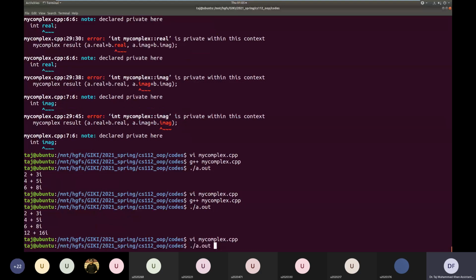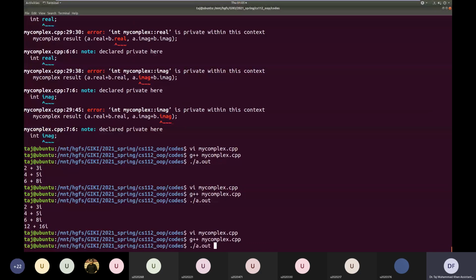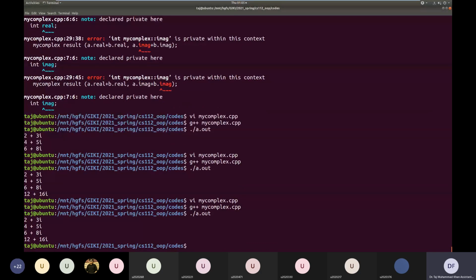It's the same thing. For C3, this function will be called, and for C4, this function will be called twice. But the only difference is that this time it will be called as a member function.